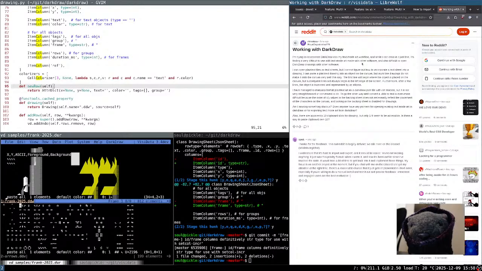Yeah, no, you were doing great. I really appreciate the level of tenacity you have for this. This is great. So you're trying to copy and paste the drawing via the system clipboard. You basically had something in, let's just call it Notepad, right? And you were trying to cut and paste it into VisiData, or I'm sorry, into darkdraw. And now it sounds like you might be able to import